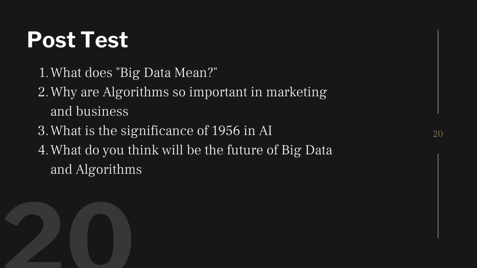What do you think will be the future of big data and algorithms? This is an open-ended question, so I'll leave it up to you, but my opinion is that as the algorithm error rate goes down, we're going to reach a point where we have the veracity of big data, and it's going to be trustworthy and help us a lot as humans. As human beings, we enjoy making things easier for ourselves, and we prefer to have things easier. That's how we are, so that will be the case with big data and algorithms in the future.